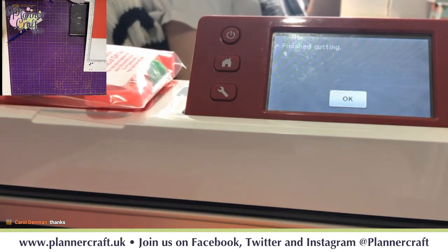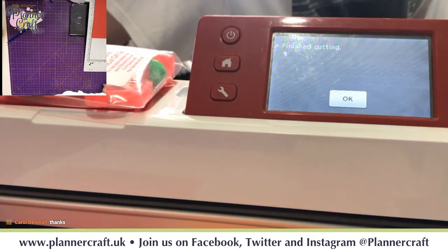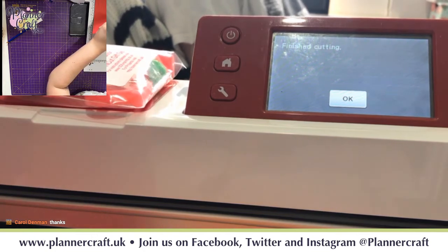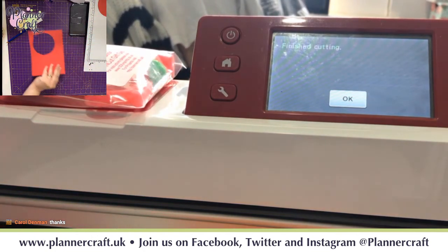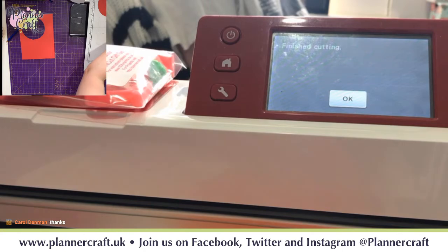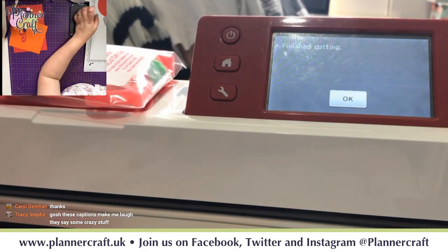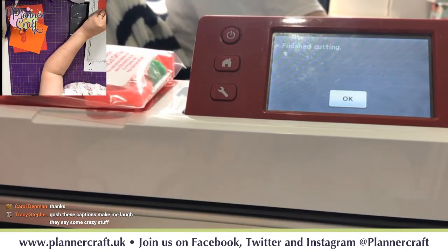Okay. So I'm going to grab my spatula, which I'm sure I've got up there. There we go. So I'm just going to peel off my large waste sections first. And we can get in here and we can very, very carefully